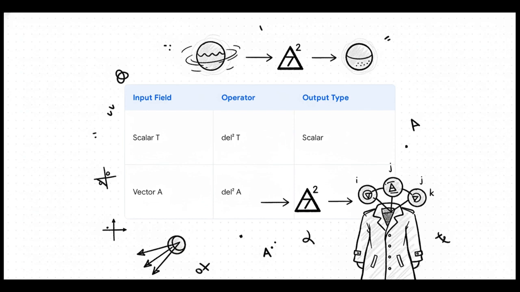You're basically just taking that scalar Laplacian operator we just described, and applying it individually to the ax component in the i direction, the ay component in the j direction, and the az component in the k direction. I know it looks super intimidating, but honestly, it's really just 3 scalar Laplacians wearing a trench coat.